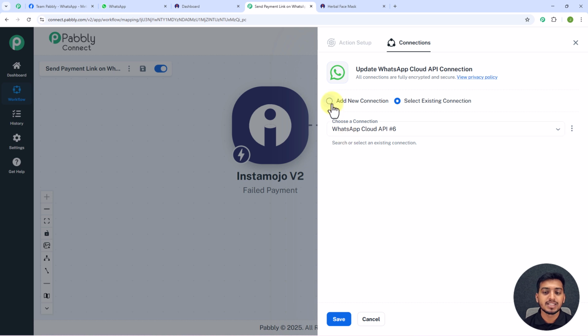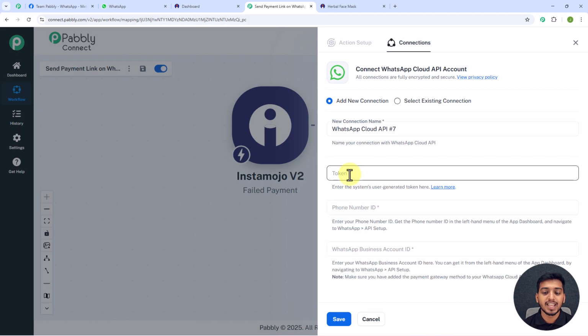And from here you can see we get these two different options: add new connection and select existing connection. So if you have already connected your WhatsApp account with Pabbly Connect, then you have to go with this select existing connection. But if you are adding your WhatsApp account with Pabbly Connect for the first time, then you have to click on this add new connection. So for now I will click on this add new connection,